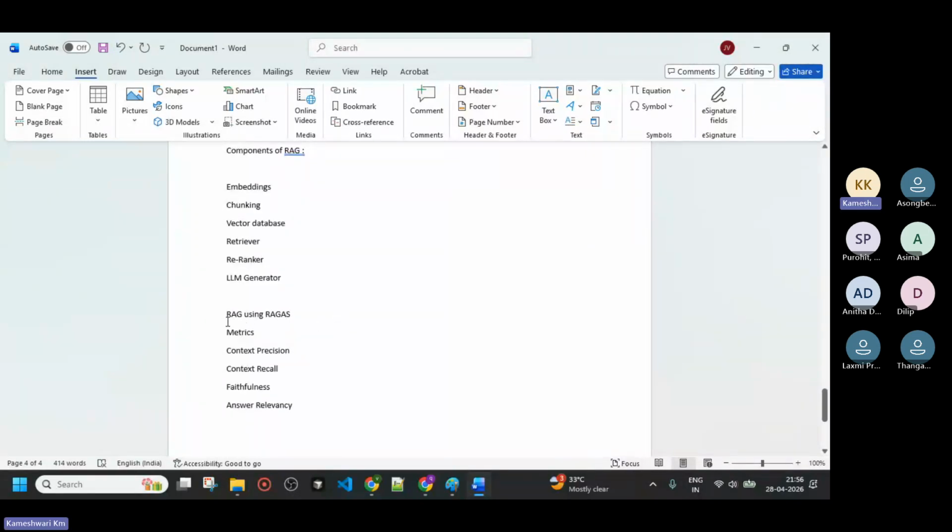By using RAG, if someone asks a question, depending upon the RAG, we are getting the answers. Then how are we going to measure it? With the help of RAGas metrics, we are going to make sure that yes, it has come from context precision, context recall, faithfulness, and answer relevancy. For answer relevancy, to get grounded answers, you have to give the expected results. If you are not going to give the expected results, you can keep it zero and you have to rely on faithfulness, how accurate the answer is.